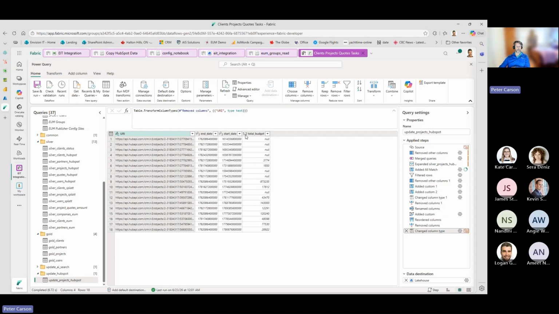So this is going to pull back things like start date and end date. They look a little weird because this is how HubSpot wants to see dates. They're Unix system dates in there. And total budgets are going to change as well. As people track time, that changes the total budget spent. And we can actually push this data back into HubSpot.